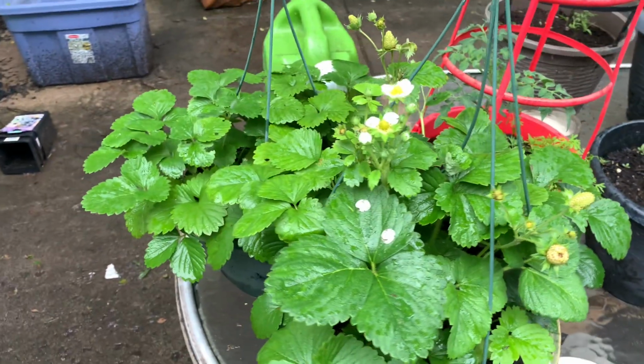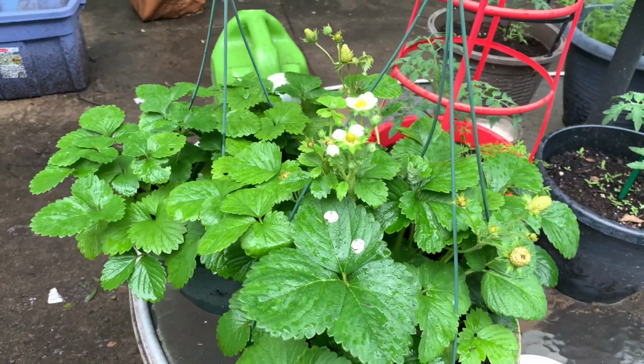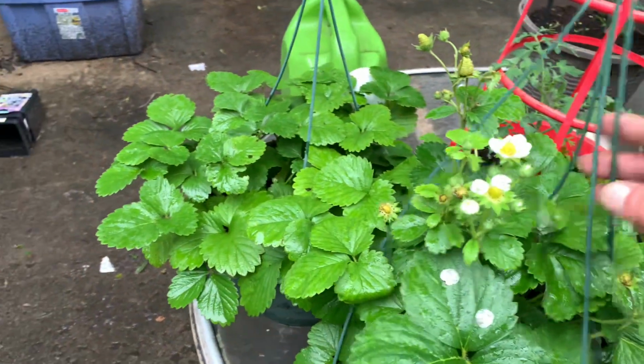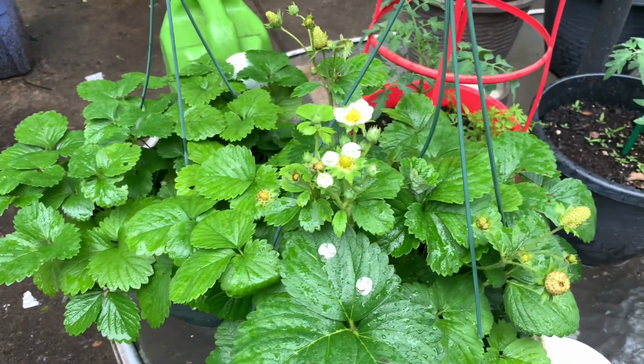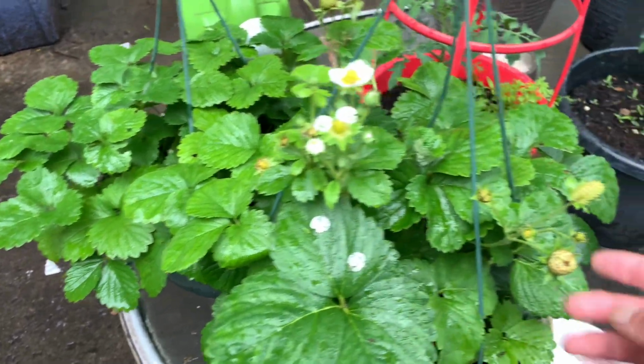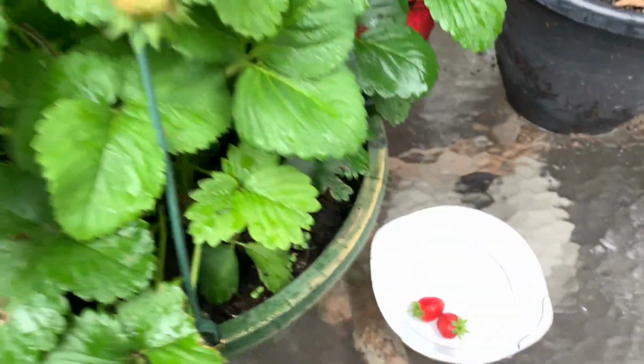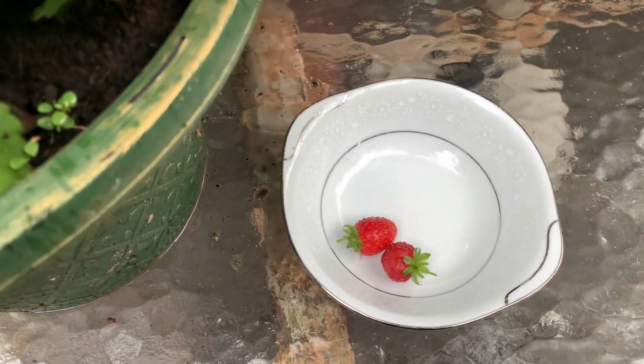Things have been growing pretty well. Everything's pretty much the same as it was last week, but the strawberry plant, at least this one, has really been starting to produce. It's got a lot of flowers on it, and it's actually starting to grow a bunch of strawberries. I did get another two today, so we've at least been able to harvest about 3 little strawberries from